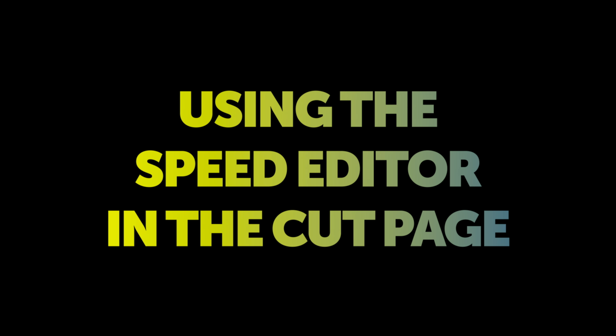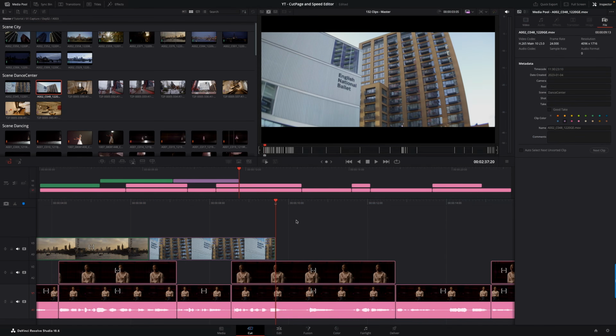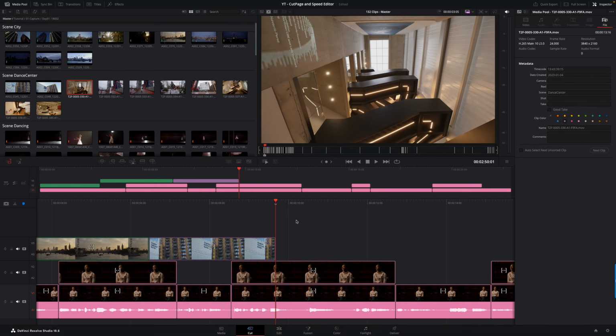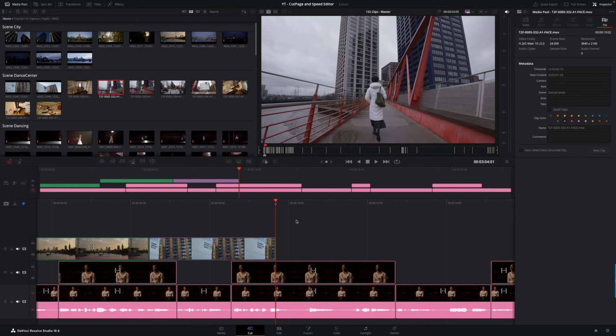Let's now focus on some of the tasks that the speed editor is great at. I personally use it all the time, especially in the cut page for my initial perusal of footage and whilst building my rough timelines. I've done a lot of documentary and interview-based content, and I find that it's very easy to work my way through my footage using the search dial and the source tape, which, by the way, is one of my favourite things about the cut page,